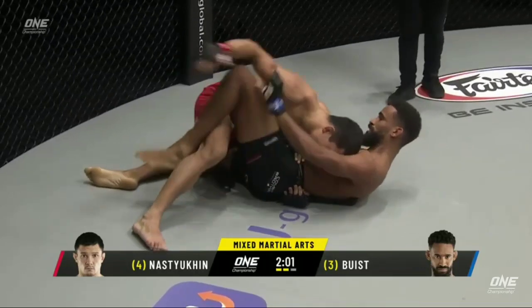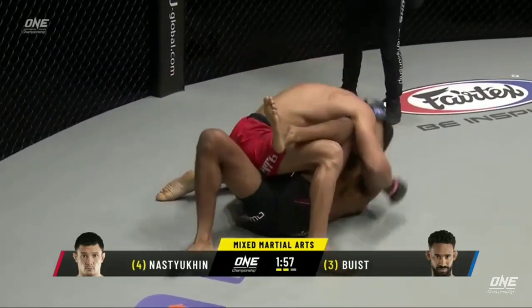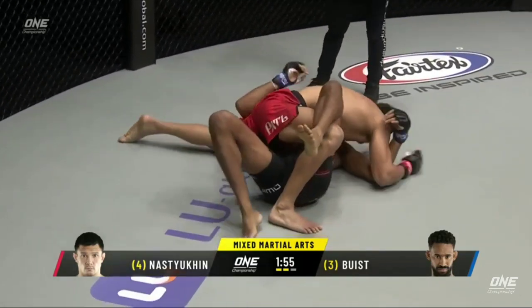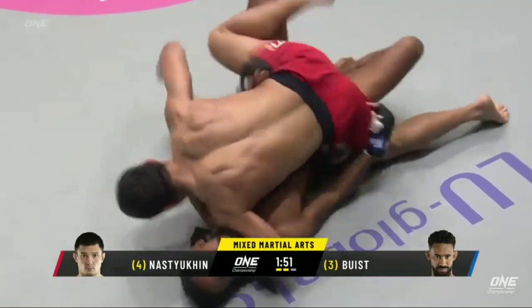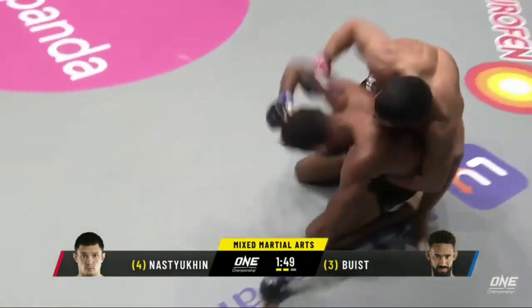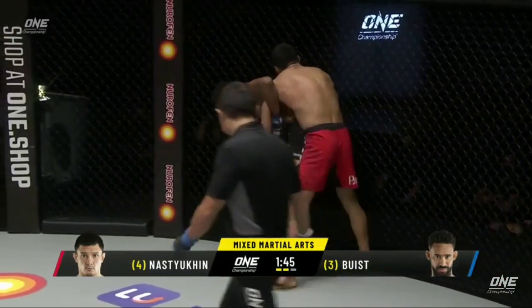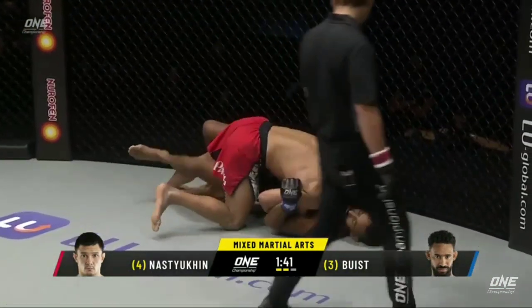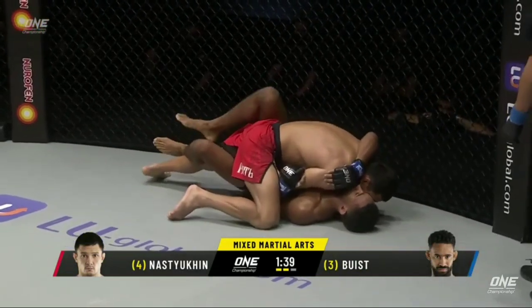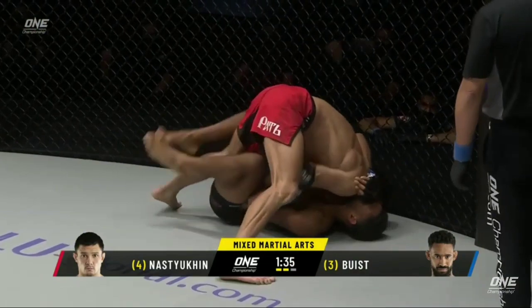Wrist control here from Timofey Nastyukhin. Half guard position, top position. Good curling into the knuckles off the right hand from Nastyukhin. Buist working off his back. Going to get mounted? No. Gives up his back here to Nastyukhin. That could be dangerous. We saw Nastyukhin ragdoll him in the previous round. Oh, that's a much more energy economical takedown that he used. Outside trip, gets Buist back onto his back. In the first round, he was picking him up, trying to take him